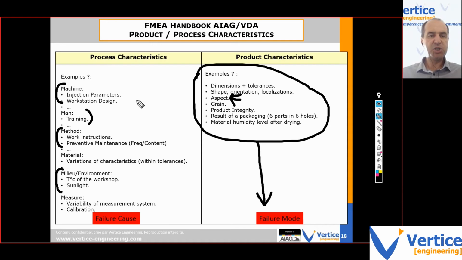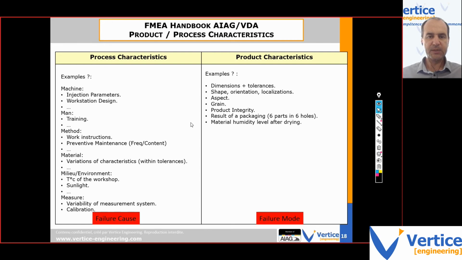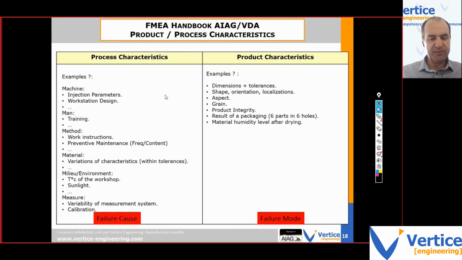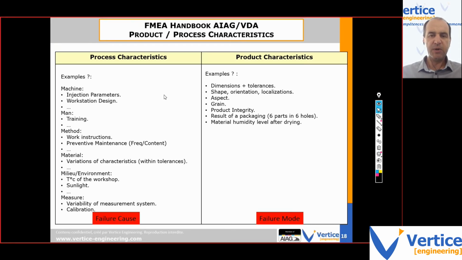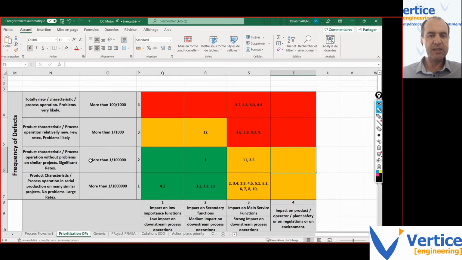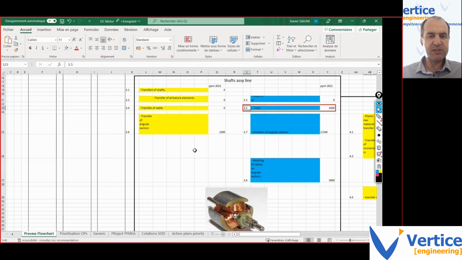Because the machine parameters are not good, right? For example, or because we have a setting instruction of the machine that is not clear, right? Okay. So this is useful to make Process FMEA more efficient. Why and how? Well, if we look at the Process FMEA, I mean the process that I described here for